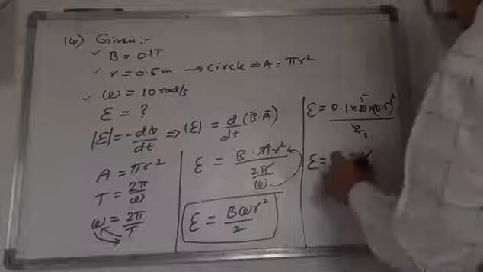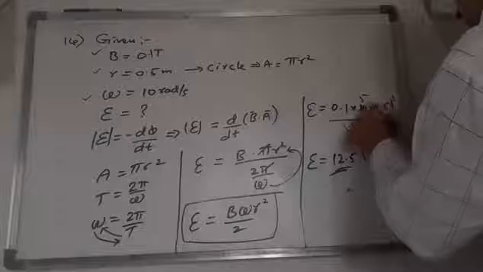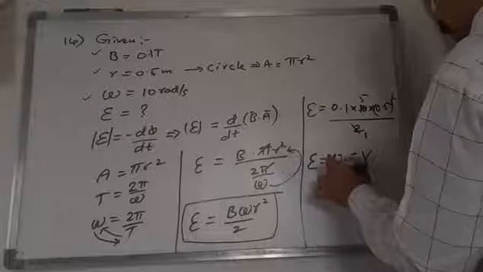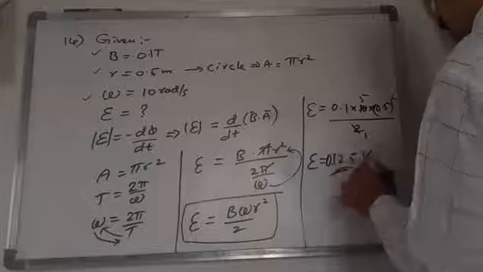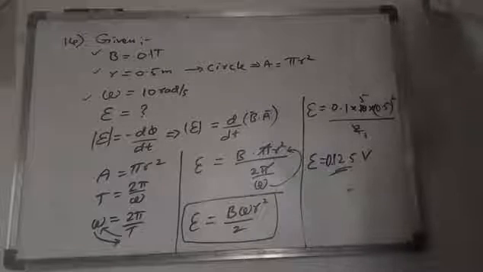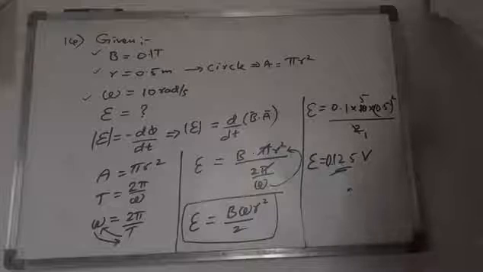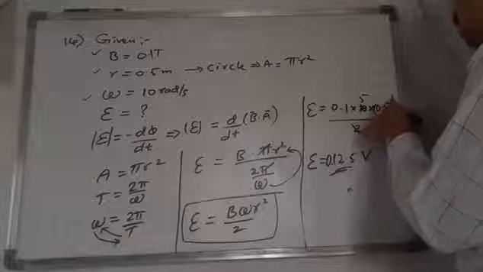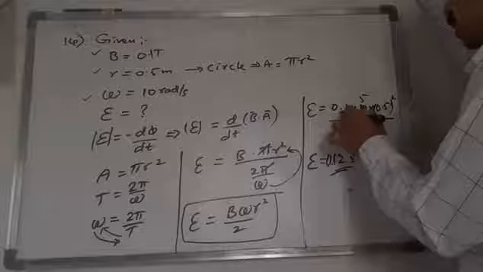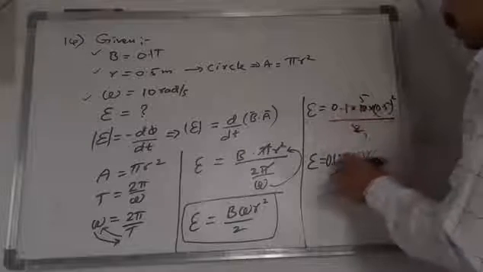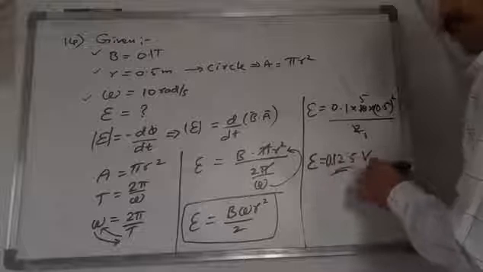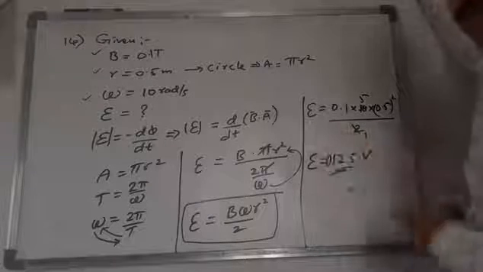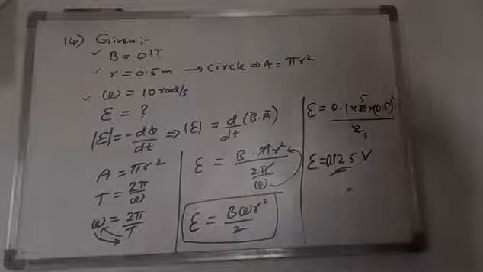Sorry, 12.5 volts into 10 to the power of minus 2 is there. So you can give here 0.125 volts, or 125 millivolts. Because here two 10 power minus 2s are there, because a decimal is there. So here 10 power minus 2 will be there, here 10 power minus 1 will be there. So total 10 power minus 3, 125 into 10 power minus 3 you will get. So that I am writing as 0.125 like this. This is the answer. Next question.